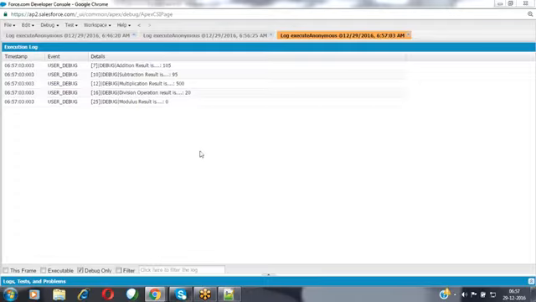If the values are correct, it will perform all the operations. If the values are not correct, it will perform only some operations, and for the remaining operations, it gives an error message to the user: this is a mistake that you did, so please correct the values. Please provide the input values correctly so that we can perform all the operations. Like that, we can show some message to the user here.